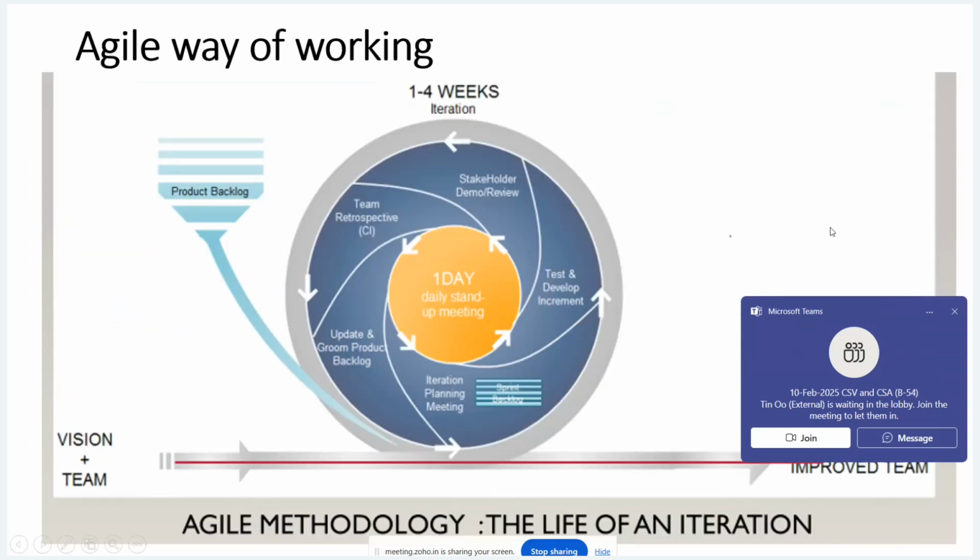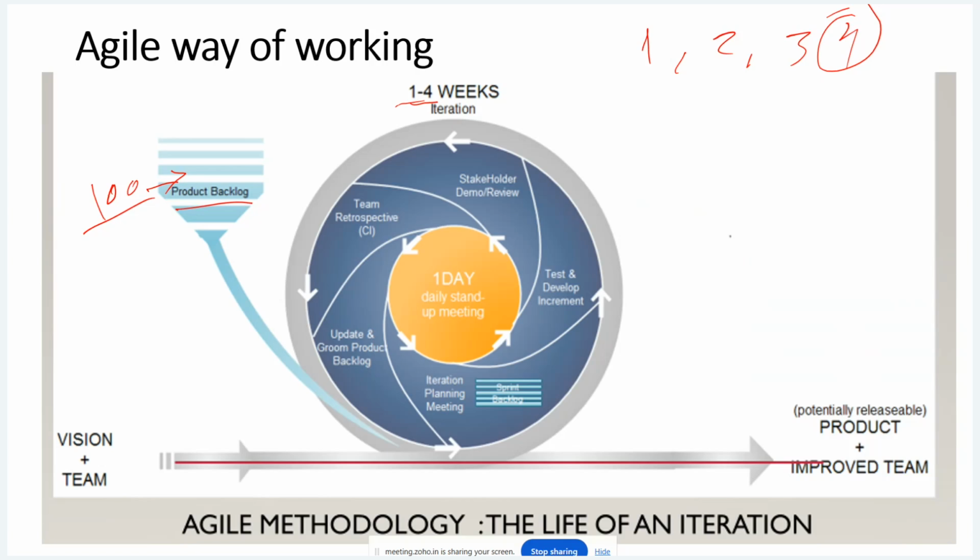So I have 100 requirements. I will mention all the requirements in a product backlog. All the 100 requirements I cannot develop in 1 month. This cycle is a maximum of 1 month only, either 1 week, 2 weeks, 3 weeks or 4 weeks. The maximum is 4 weeks only, which means 1 month. Within 1 month I am able to develop only a few of the requirements, not all 100. So I will select only those requirements which I can develop in this one cycle. Suppose I select 50 requirements. These 50 requirements are called the sprint backlog.